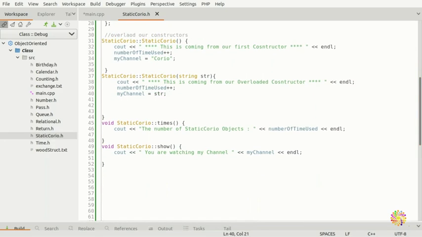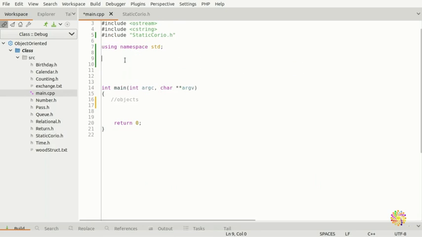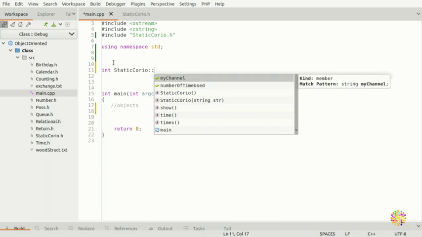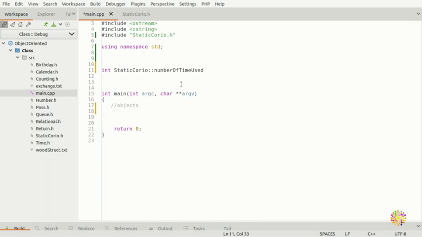towards main. Now you're going to see that we already put our static Corayo, and you need to put int, and then the class name, which is static Corayo, and you need to put your number of times used, which is the static variable. Okay, so now we're going to put it underneath, and we're going to put our constructor, and our constructor is going to be